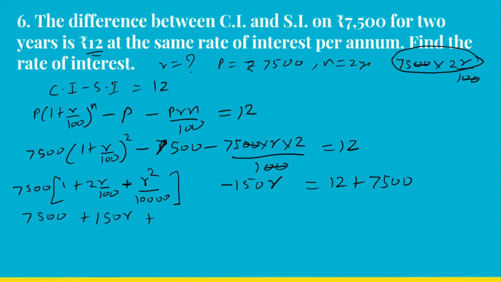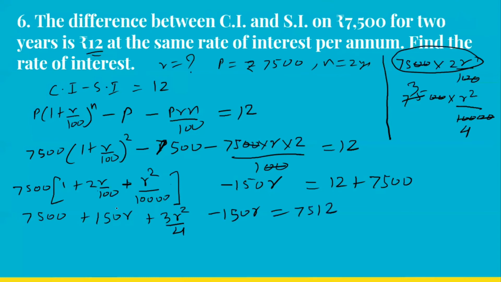When I simplify, 75/100 can be divided by 25: 25 threes are 75 and 25 fours are 100. So this is how I get 3R²/4 - 150R